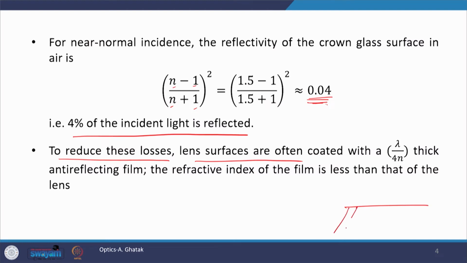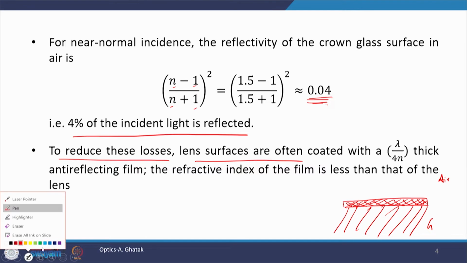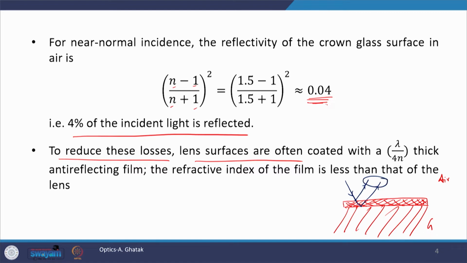What I mean by saying this is that, suppose this is the glass material, glass, and this is air. Now, on top of the glass, we coat a thin film, and the thickness of this thin film is chosen such that, say this is the incident light, then there would be reflection from the upper interface, and a part of the incident light will go within this thin film, and then there would be a partial reflection and partial transmission. Now, if these two light